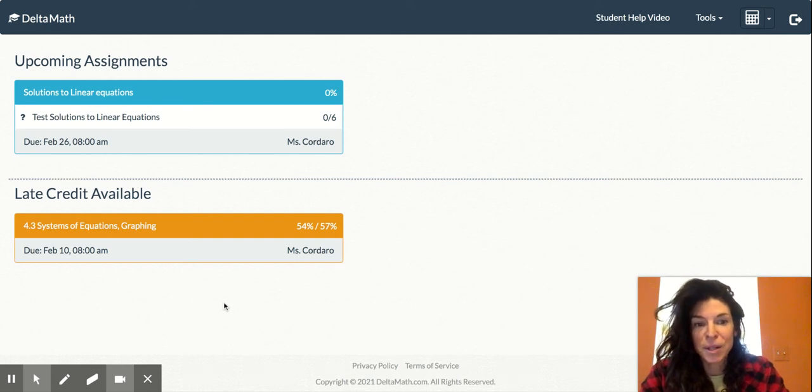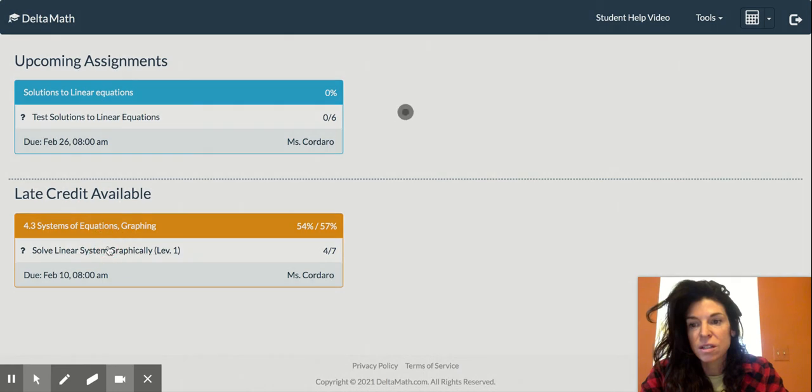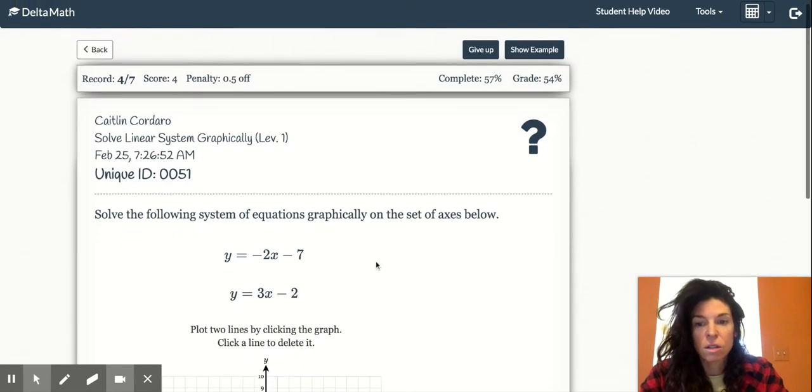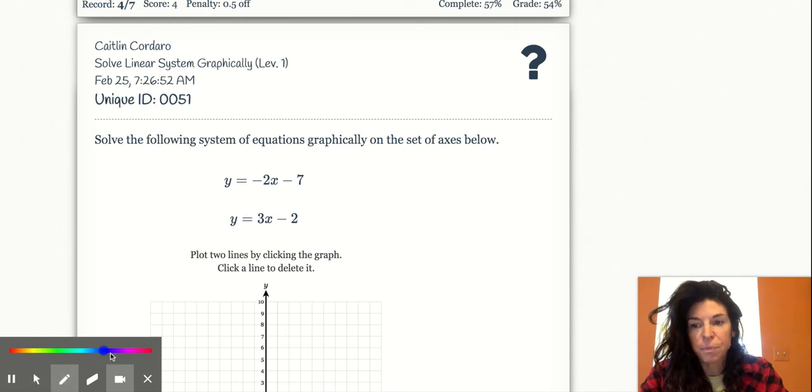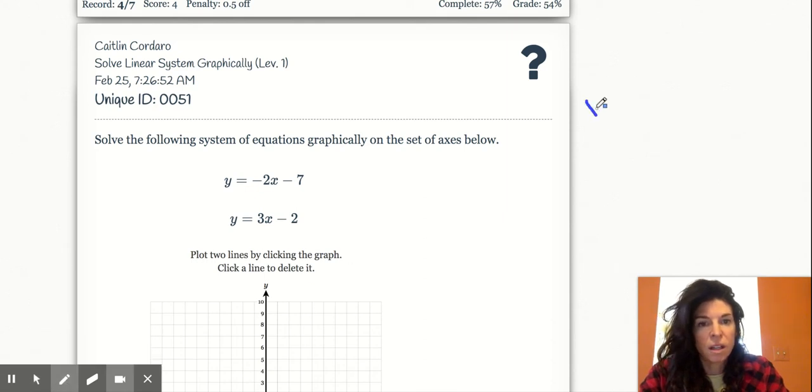Here I am doing my homework in DeltaMath. So here's this one on systems of equations, graphing. So remember, when we have linear equations, we know that when they're set up like this, y equals some number